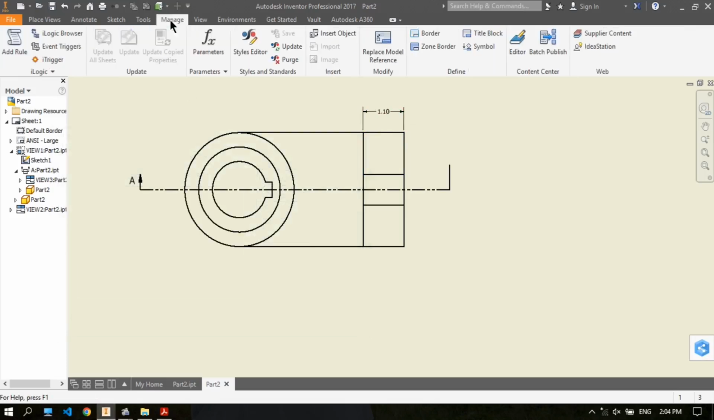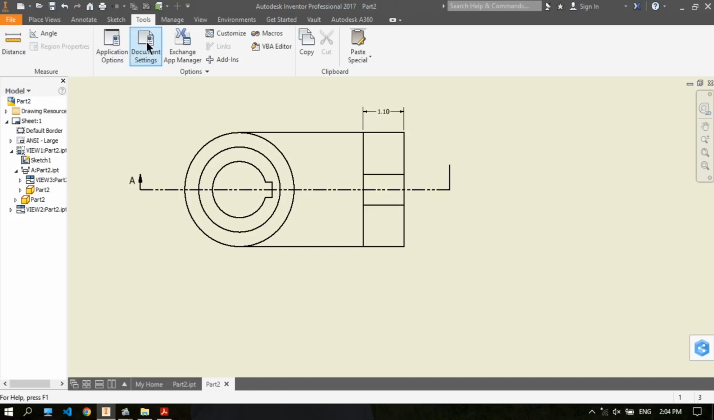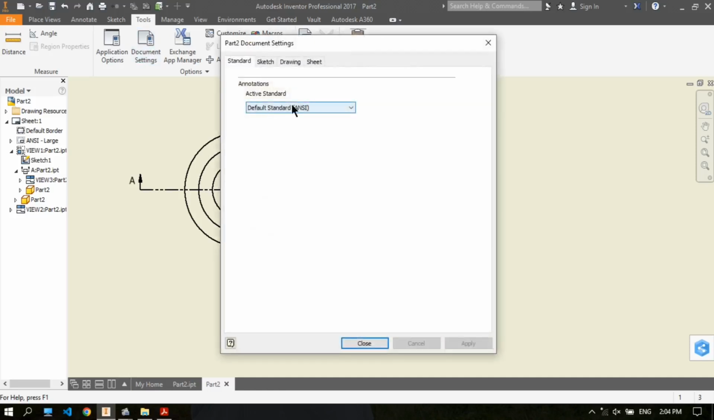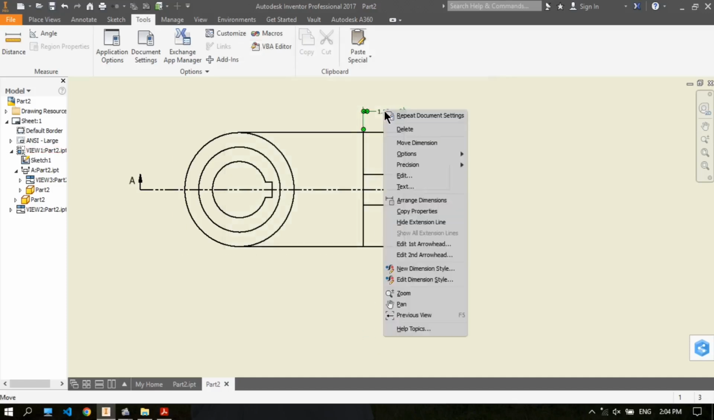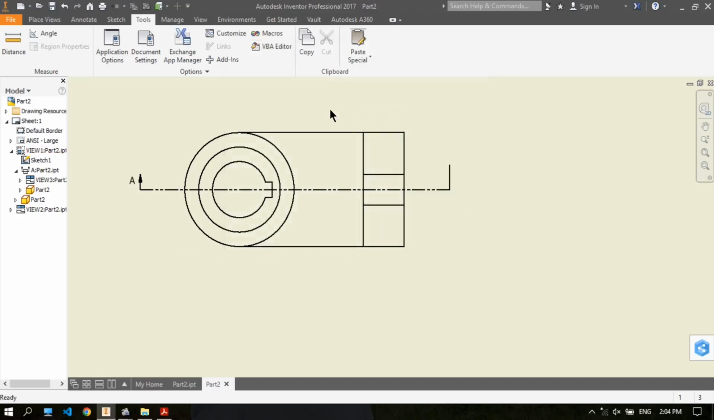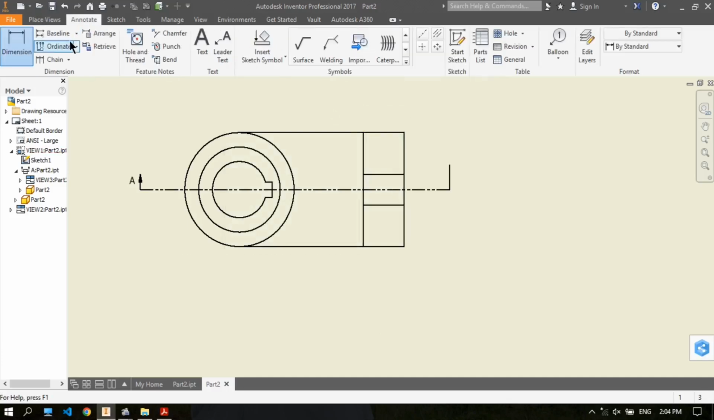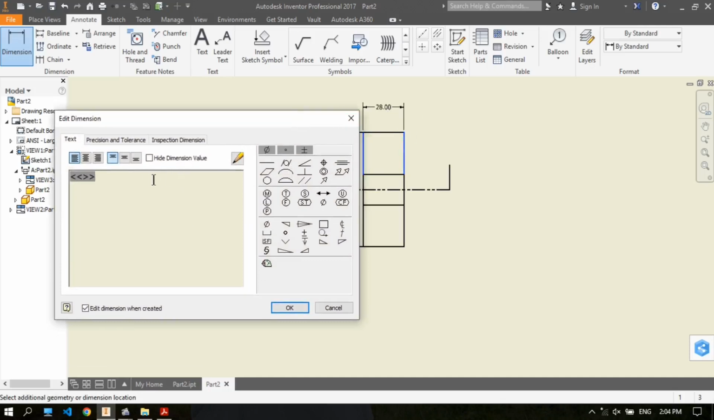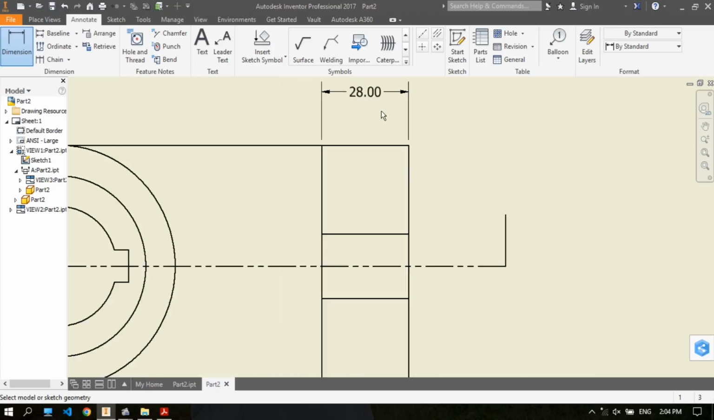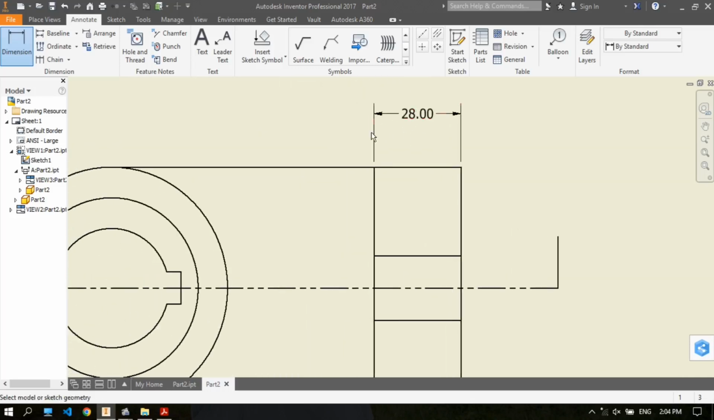So go to the manage tab, here document settings. There the default standard ANSI, change to ANSI millimeters. Apply. Okay, and then click delete here. Right click delete, and then annotate here dimension on it. Click here. This is the 28. Enter. Now you will see the millimeter, but